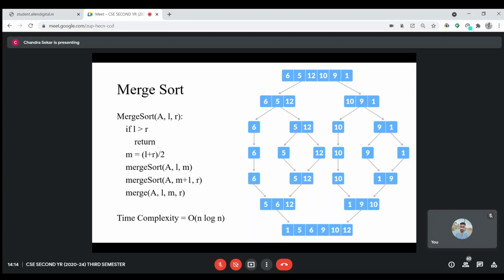So I'll stop with this and continue next week. Is there any doubt in this divide and conquer technique? These are the algorithms that come under the divide and conquer technique. The implementation part you will be doing in your lab. The merge sort using the divide and conquer approach, the binary search, all this you will be doing in your lab. The details about your lab programs, I will let you know probably next week.